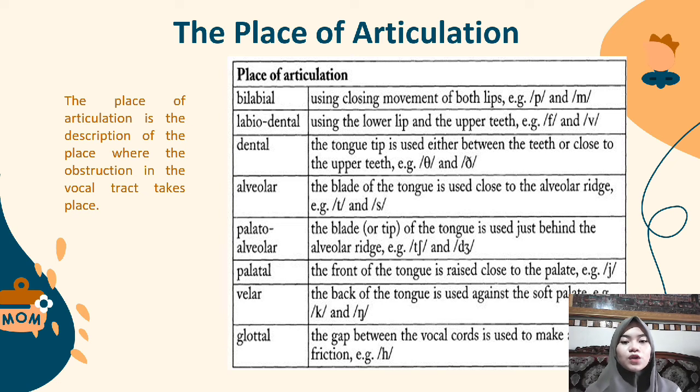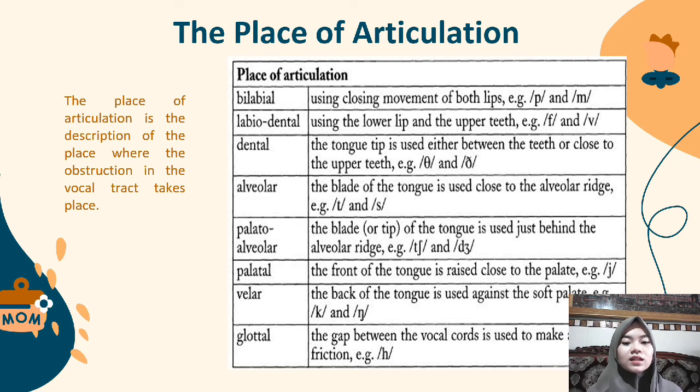Bilabial, using the closing movement of both lips. Example: and then labiodental, using the lower lip and the upper teeth. Example: and then dental, the tongue tip is used either between the teeth or close to the upper teeth. Example: